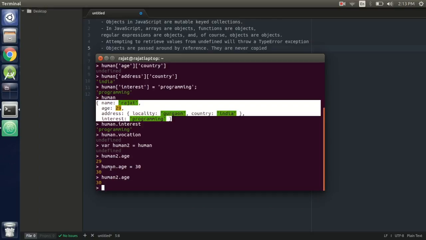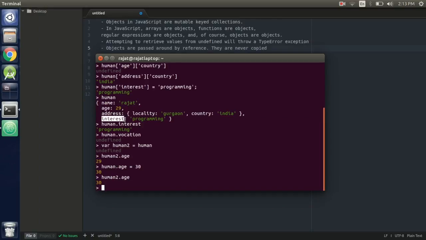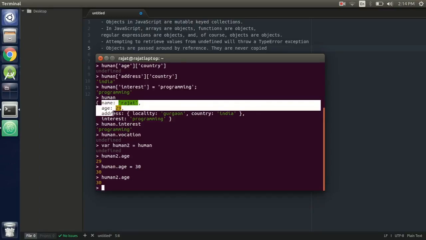So that is known as mutation, and we have appended a new property to our object as well. So our object has changed since the time we have created it, and that represents that the object is mutable. Now there are things known as immutable objects as well, and we are not going to talk about that thing